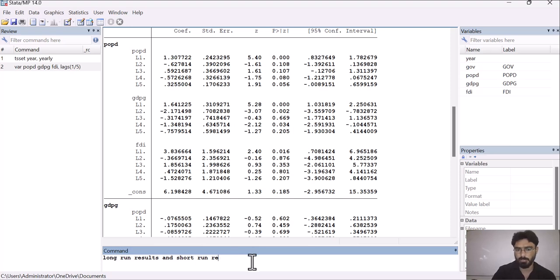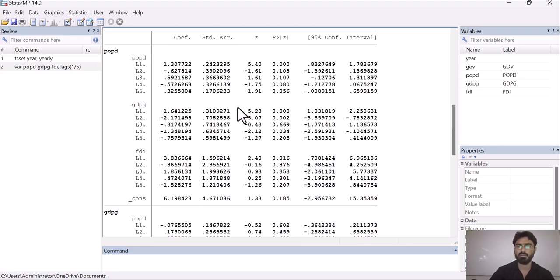Now come back to these results and let's see how to interpret them. The first column is for the coefficient, the second is the standard error, the third is z, then the probability of z, and the fourth is the 95% confidence interval. To get the z value, you divide the coefficient by the standard error. This is how we get the z value.